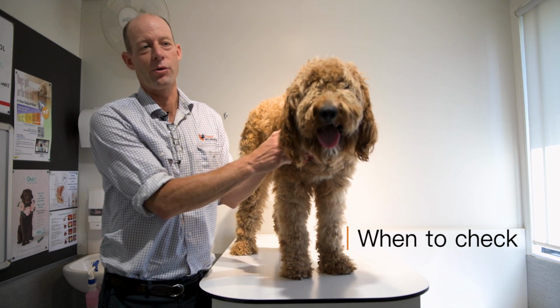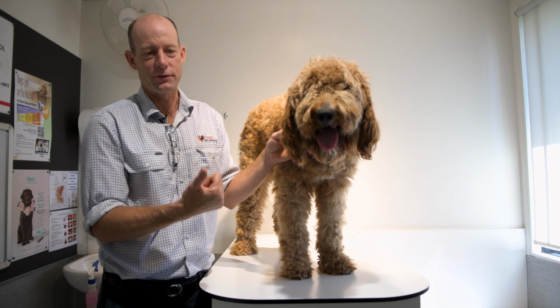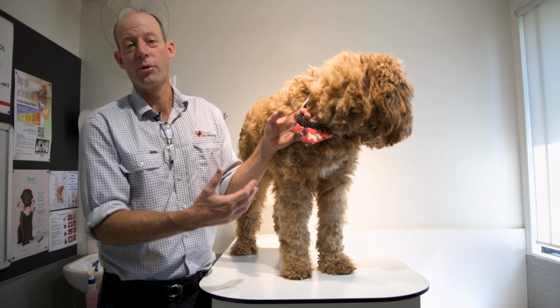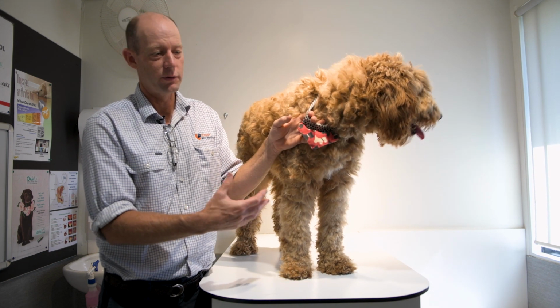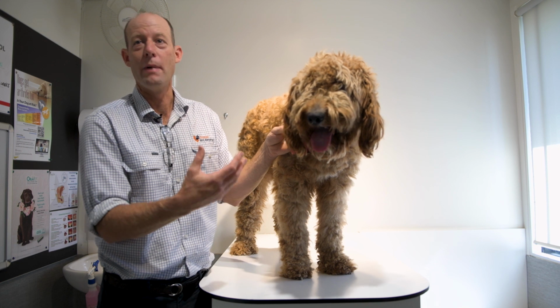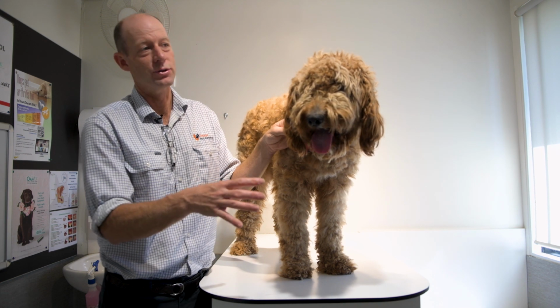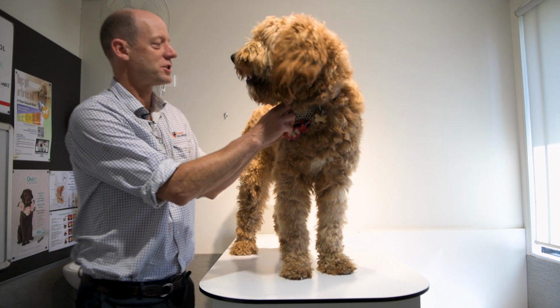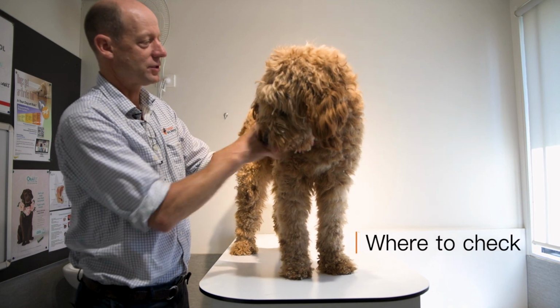So we like to start that process before you leave the district, and that's for 2 reasons. 1, it gets the owner and the dog comfortable in doing the process, and 2, it also gives you an idea of what's normal on your dog. There might be a nipple that you think is a tick, or a lump, or a mass, or a wart, and then you can say, well, that's normal for my dog, and when you're away on holidays, you don't have to worry about that. So most ticks occur in the front half of the dog, so on the face and